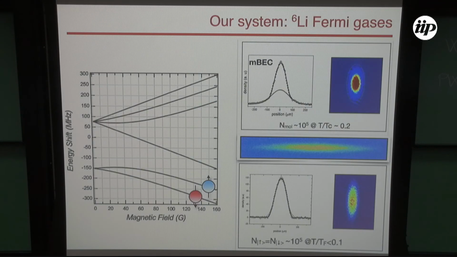Well, our system, this is my experimental setup slide. So we work in a 2-spin state at the lowest, we call up-down. And then we work like many other groups across the BEC-BCS crossover, so we can work with the molecular BEC, a superfluid Fermi gas, and eventually at the unitarity. And then we can also produce ultra-cold Fermi gases in the weakly interacting regime.